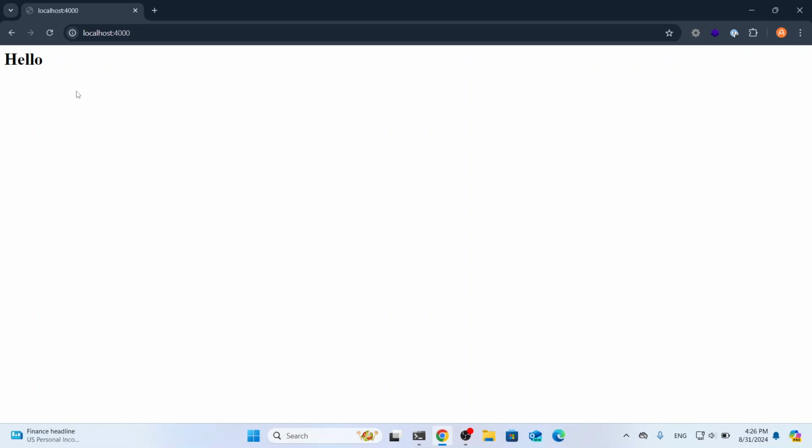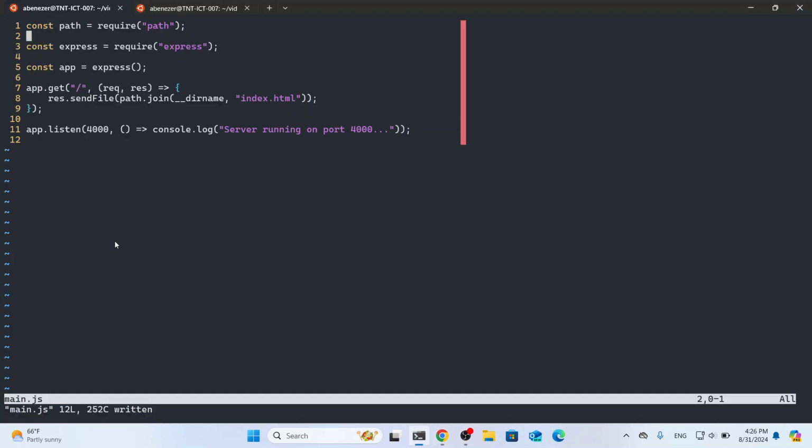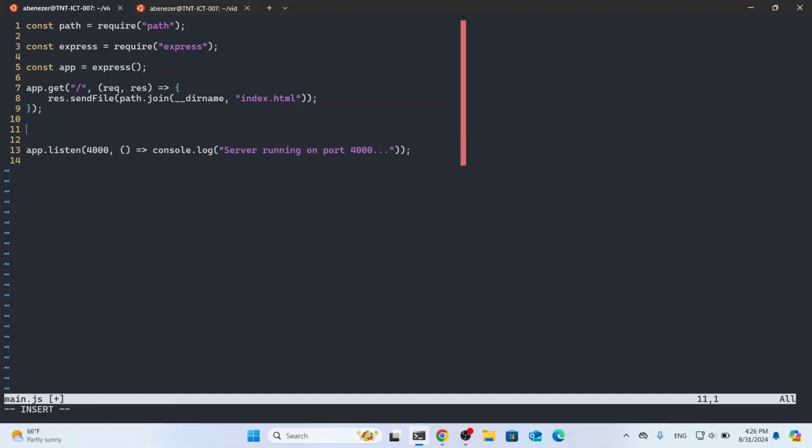So now that we're serving an HTML file, how can we actually have the server send events to the client? It's very simple actually. The first thing you need to do is set up the SSE route. So just get route. Let's say get /stream, because that's what we are actually getting, a stream of information. Let's say request, response,